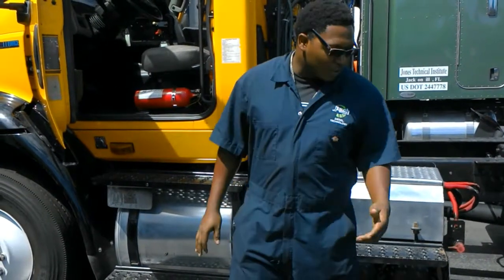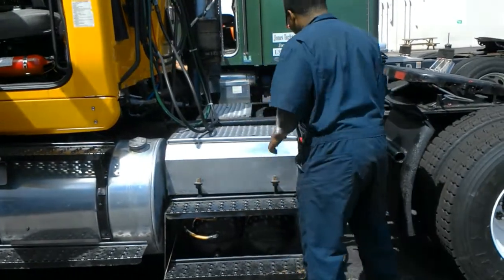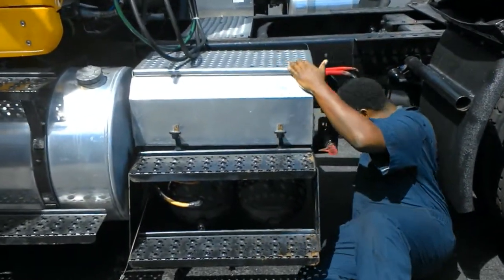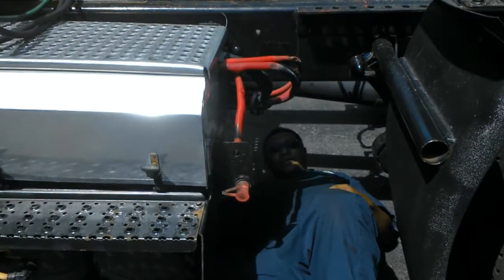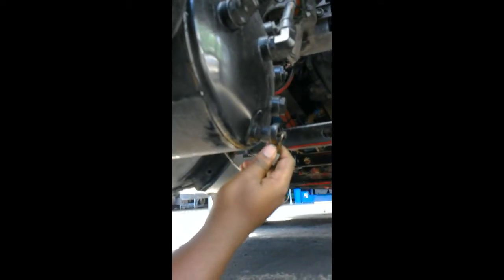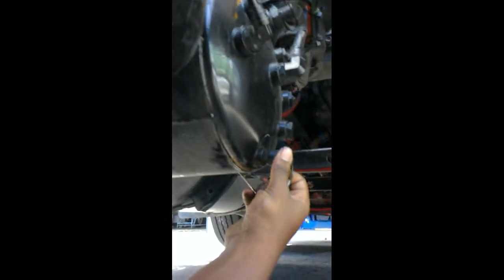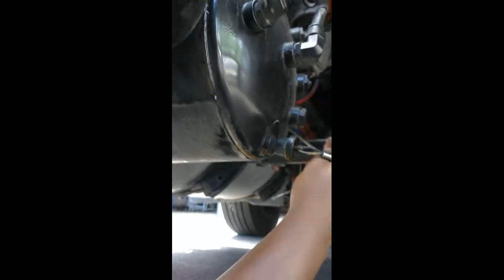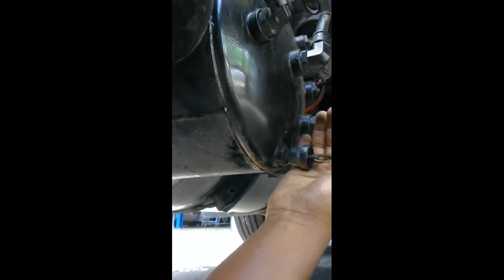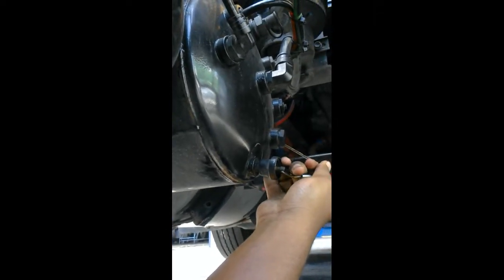First thing you're going to want to do is crawl under here and empty your tanks. Alright, now this is the primary tank, I'm sorry. And what you're going to want to do is just empty it. Now, once this is empty, you check the secondary tank, and you can tell the difference between the secondary and